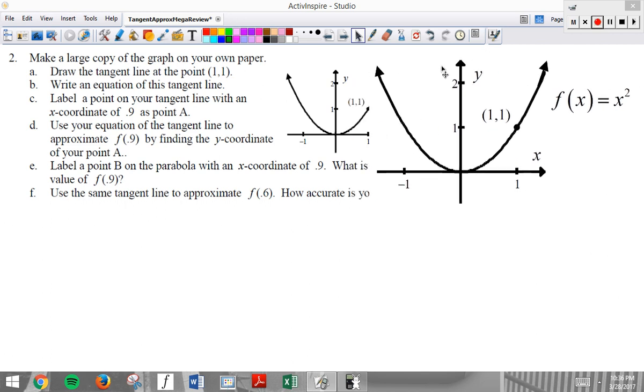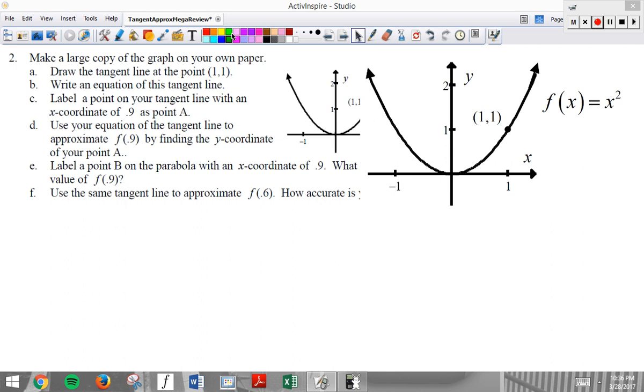Okay? I'm going to draw this tangent line, freehand even. Okay, I can do better than that. Wow, pretty good for a second attempt. Write the equation of this tangent line. Well, I know it has this point. How can I find the slope? Well, on this graph,